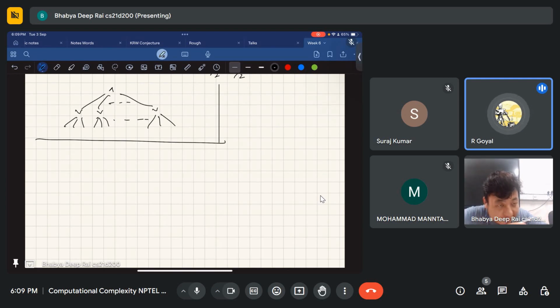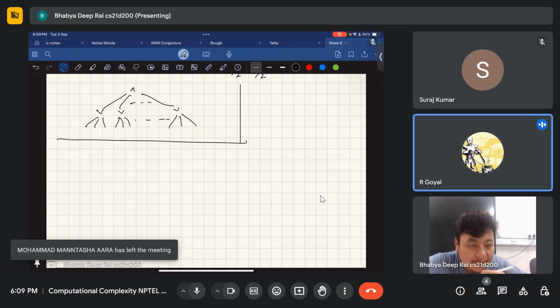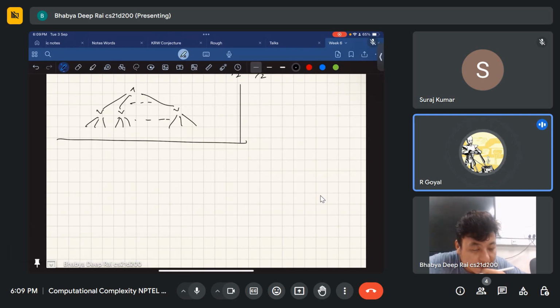And then this thing should be true for every clause. So each clause must be individually true. Therefore, if there are n clauses, then I need to add this entire thing: n number of times the probability of A1 union A2 and so on, union AN, equals the probability summation of the